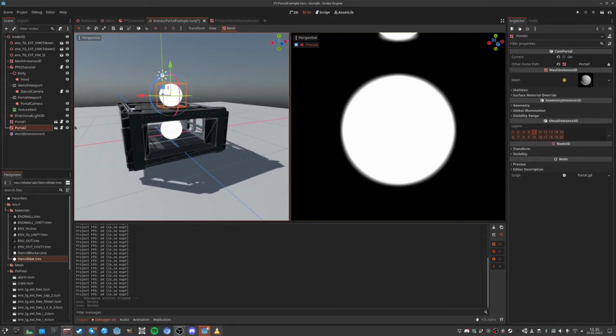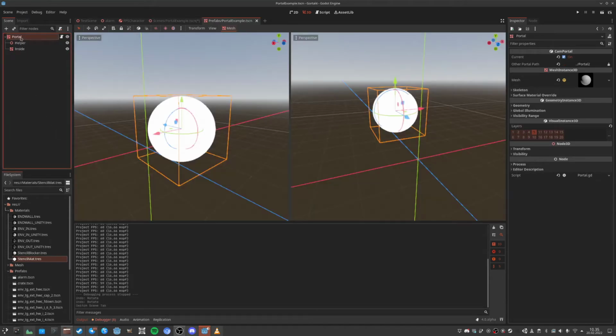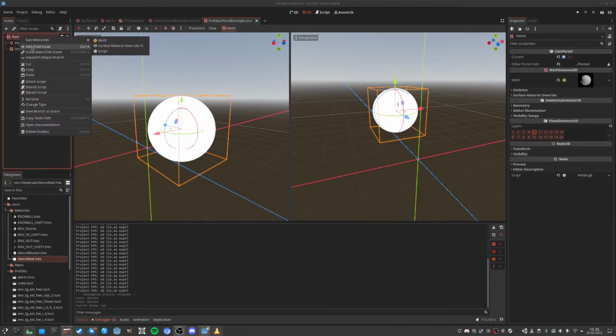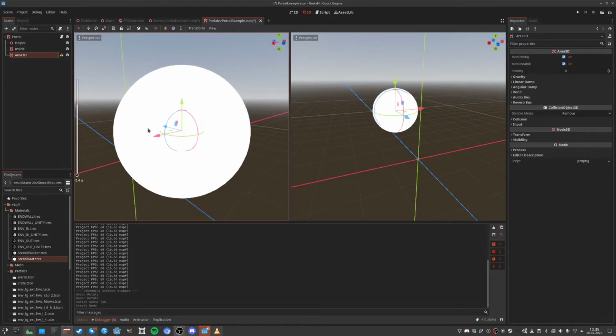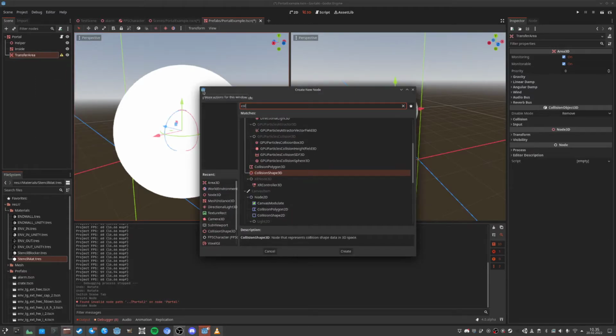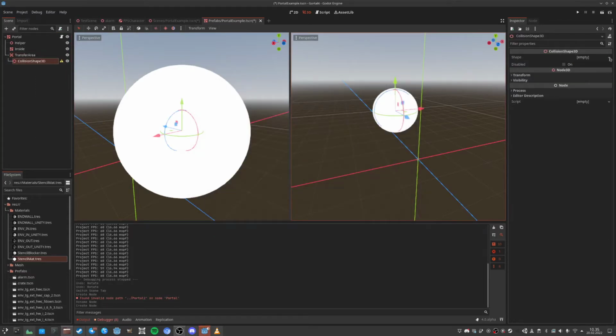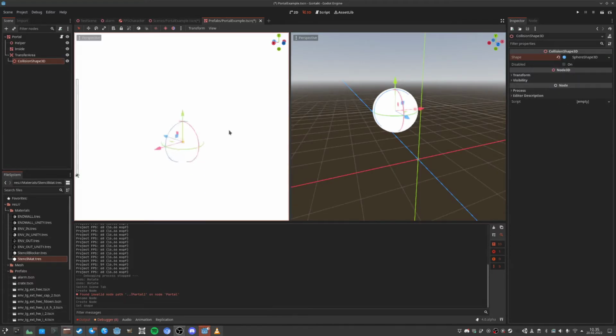Alright, so let's try and do the actual jumping. If you go into the portal prefab, we're gonna make an area here, and this is gonna be the area that makes the jump. So let's call this transfer area, and let's add a collision shape here. This is just going to be a sphere, and it should be in the center of